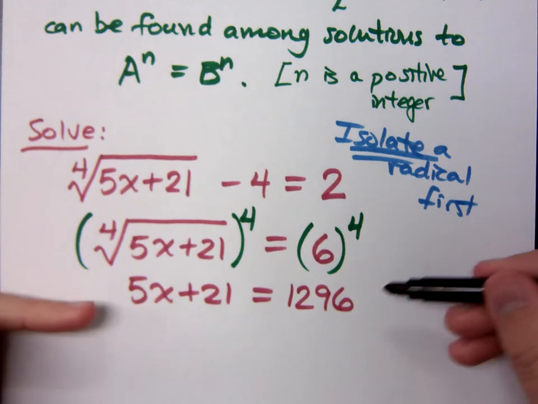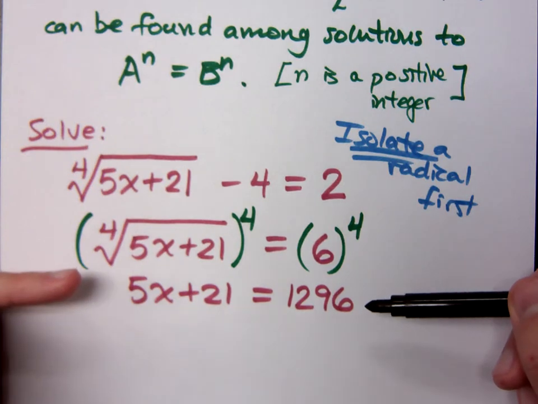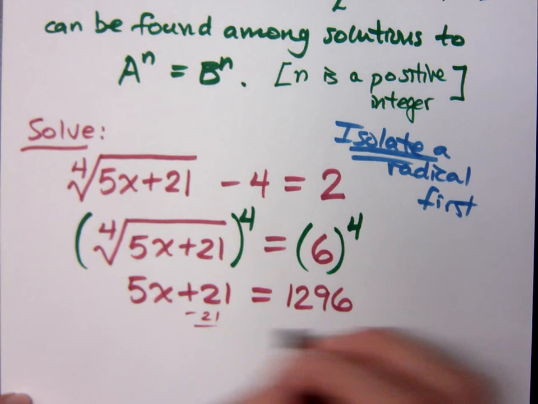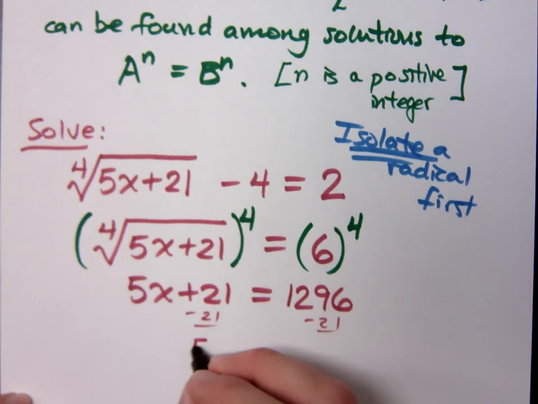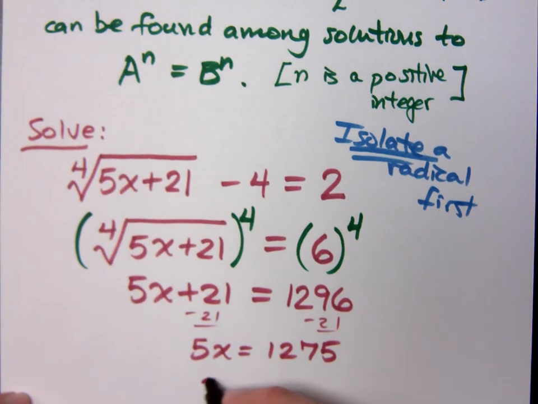Look at my equation now. Is this quadratic or linear? It's linear, so you solve it using linear methods, which means you do what? Subtract 21. And then divide by 5. Excuse me, x equals what? x equals